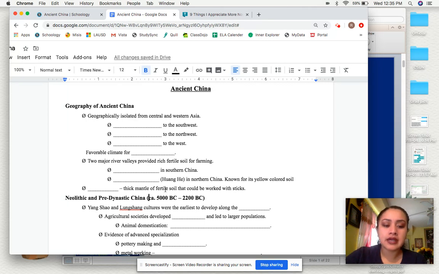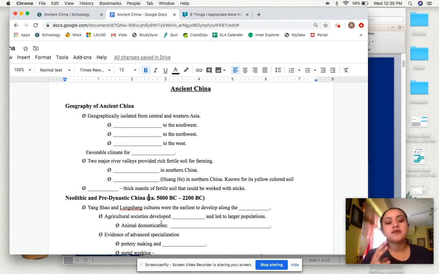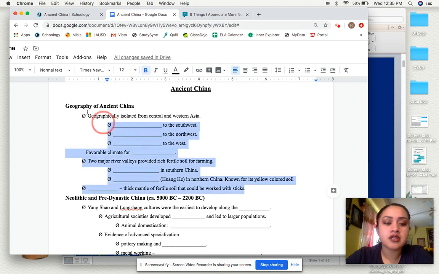You will be filling in the blank. And this is something that we're not going to be finishing in about 2 days. This is going to take maybe 2 weeks. We're going to see how much information it is, how far we go, but it's not a lot of work chunked up day by day. So today, the only thing we are going to be focusing on is this right here, which is the geography